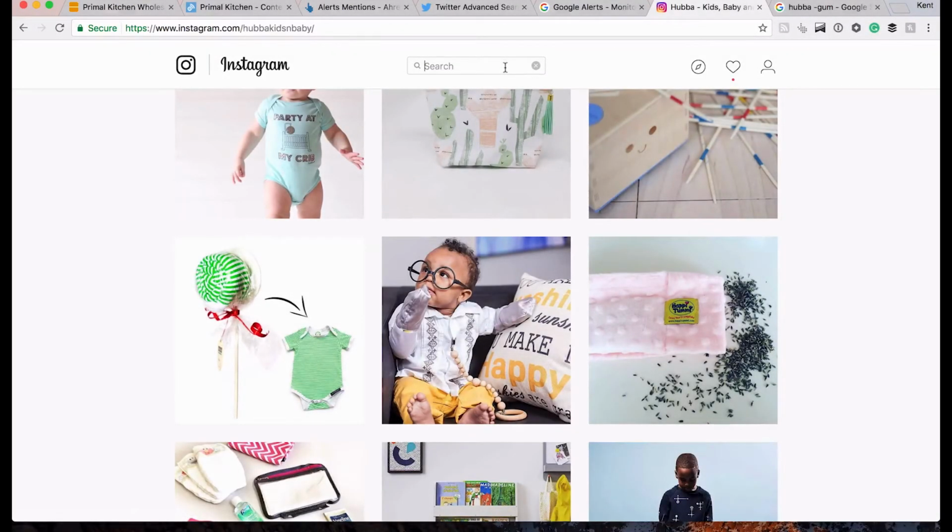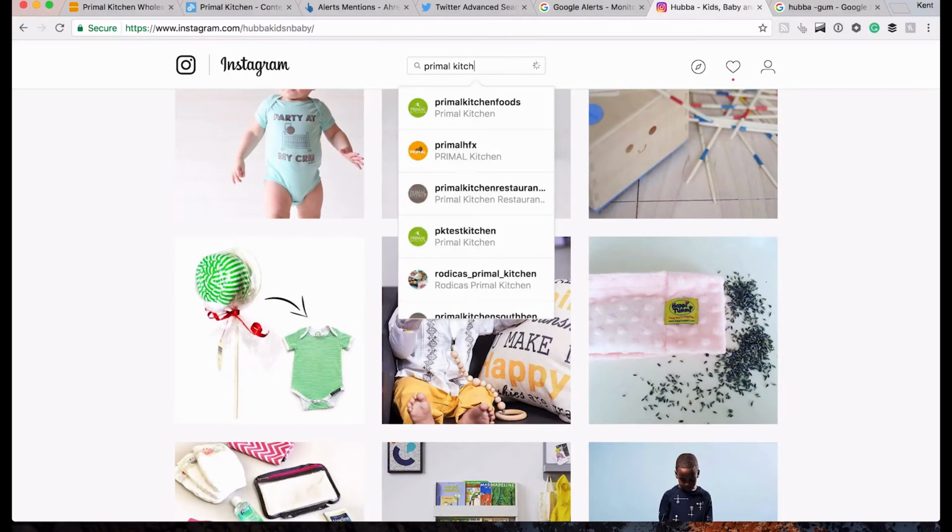So the reason why Instagram is a little more limiting, you can tell by their search here. If I type in Primal Kitchen, Instagram will not let me just search for that. So I must search for one of the things in this list. If I just pressed enter right now without clicking on one of these, it'll just bring me to the first result that it finds. So it's not an open search the way Twitter or Google or any of the tools we've looked at are. It's a very specific kind of search, which is why it might not be applicable to everybody.